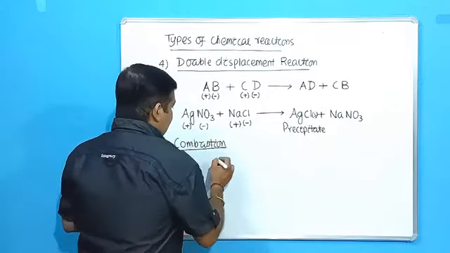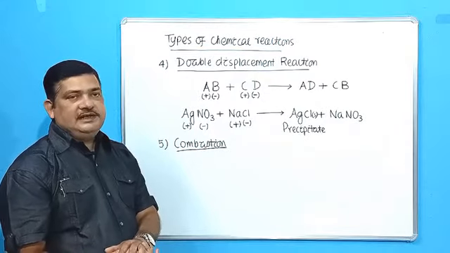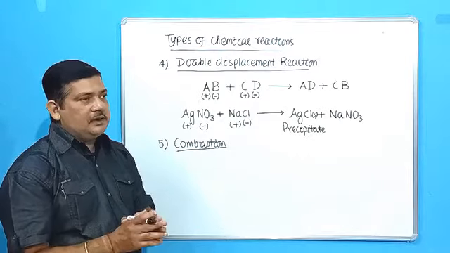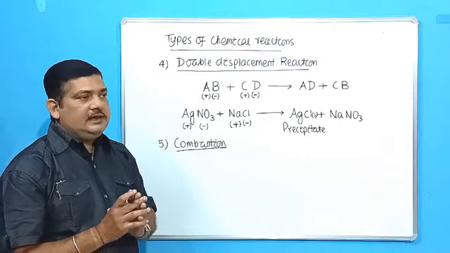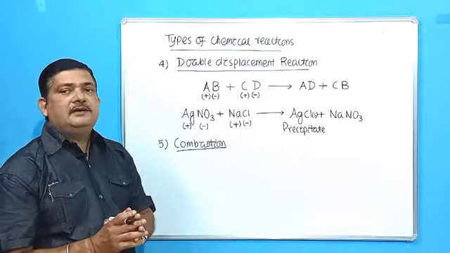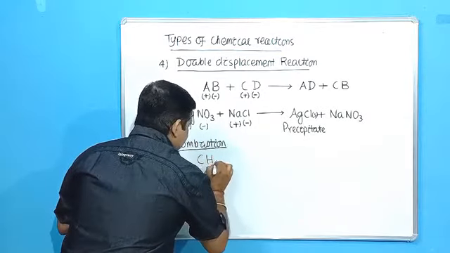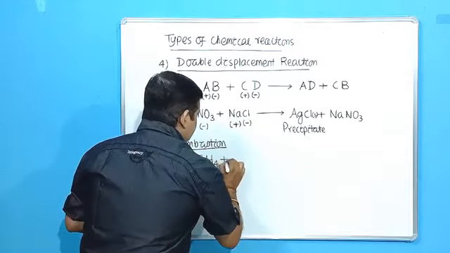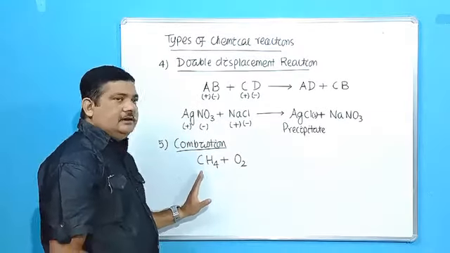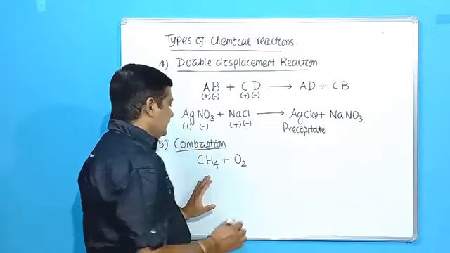Okay. So normally any substance which combines with oxygen or reacts with oxygen to produce heat and light, that reaction is called a combustion reaction. That means simply it is burning in presence of oxygen, or a reaction in presence of oxygen which provides heat and light in the form of energy. So for example, methane. Methane is a gas which is a fuel. It will combine or burn in presence of oxygen. So this is a fuel and it is a carbonaceous substance, that means any substance which contains carbon.